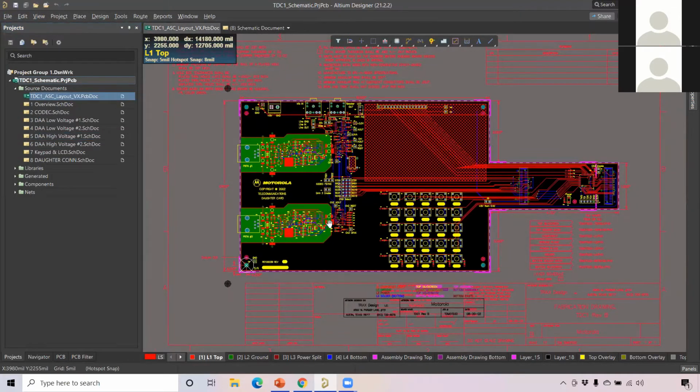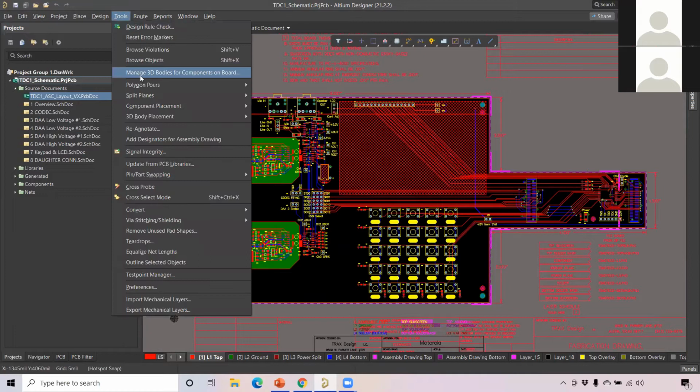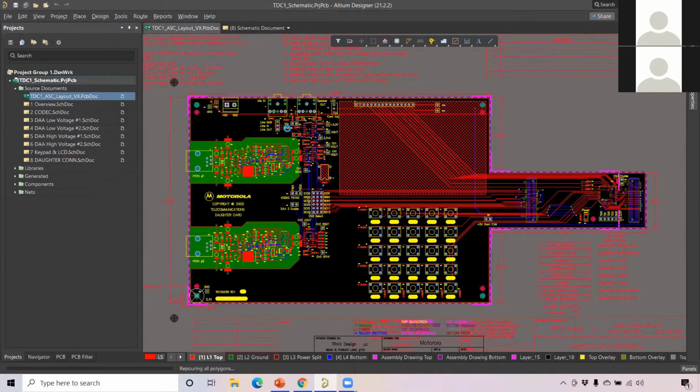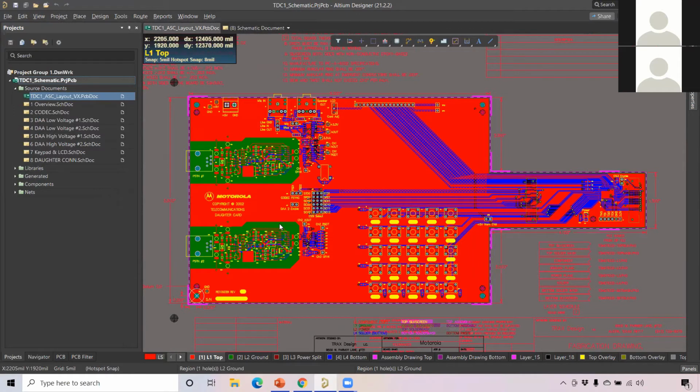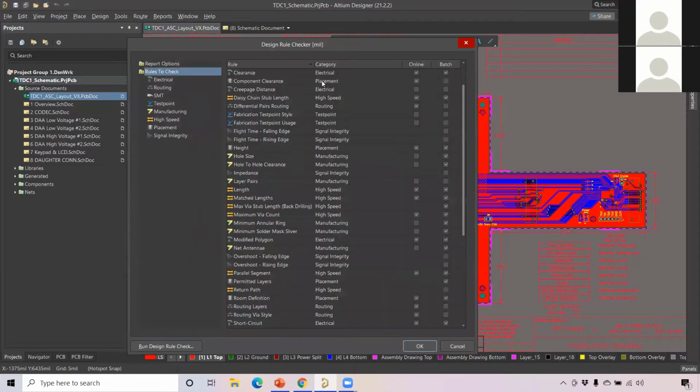So on the PCB side, first this is the PADS ASCII file I brought in. If I want to check this file, first I need to do the report all, because I need to report the polygons before the DRC check. To do that, we go to tools, polygon pour, report all. So you can see I have reported the polygon. Now I need to do the DRC check. Whenever you bring in any imported layout, there are two DRC rules we need to follow to check. That is going to the rules to check under the batch DRC, because I have the whole PCB.